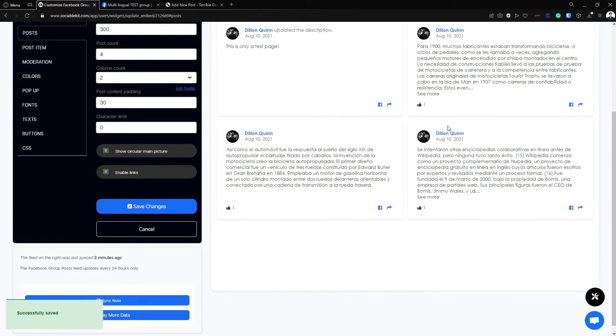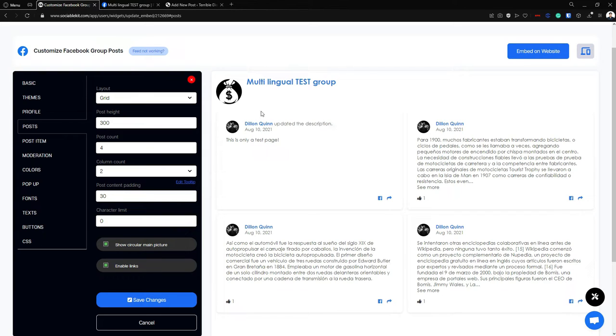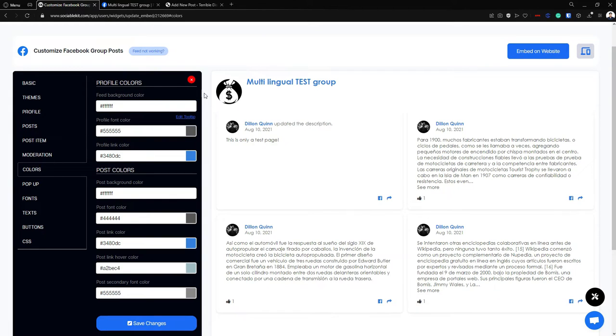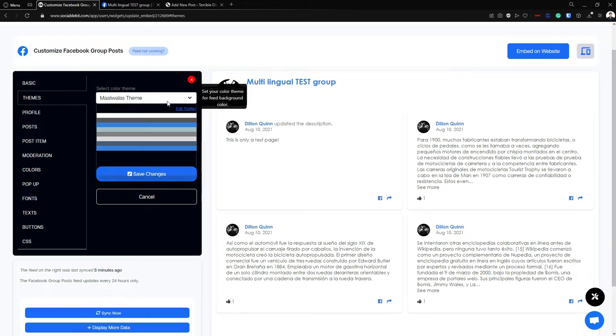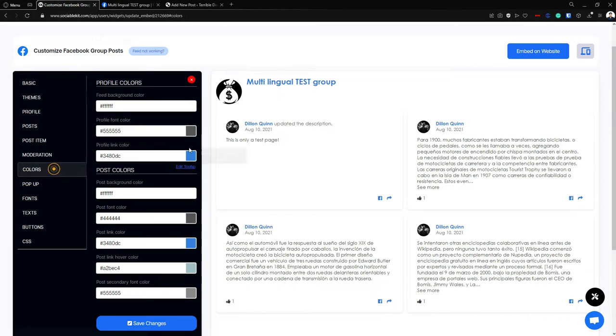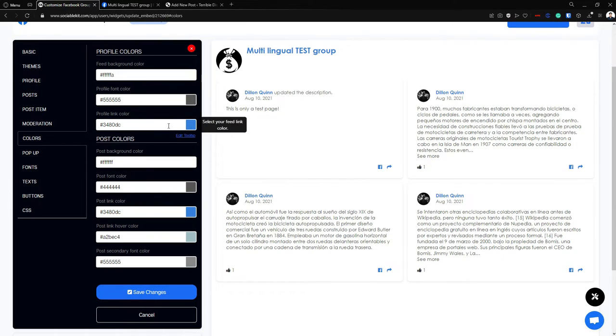And as you can see, it is already in the grid layout, so it is good. Now in the colors tab, if you didn't find the color theme that you like in the colors theme tab, you can always manually change it. So for example, you want to change the background color, you can change the font color, the link color, you can also change the post, like the pop-up of the post, so you can also change the color of that,